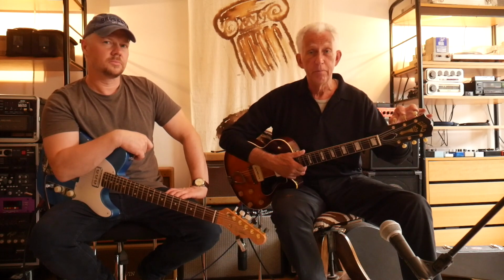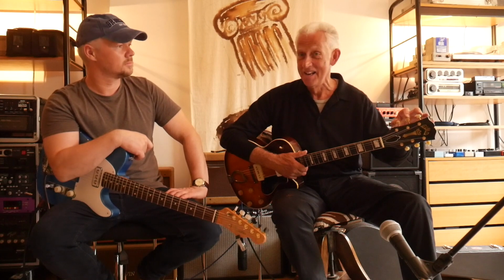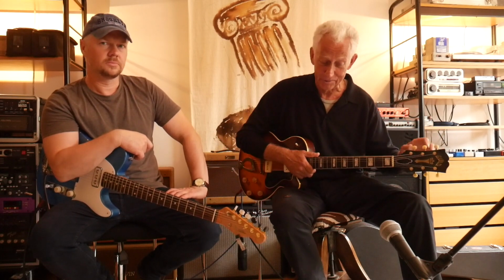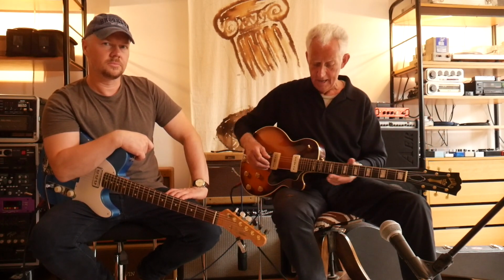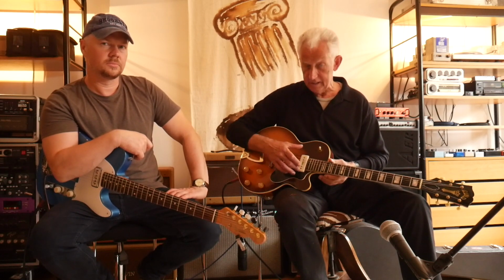Don't lose them, because you'll be very, very lucky indeed to find a replacement. You know, even luckier than I was with that Melita bridge on my Gretsch. The charm about this guitar is it's got these Guild